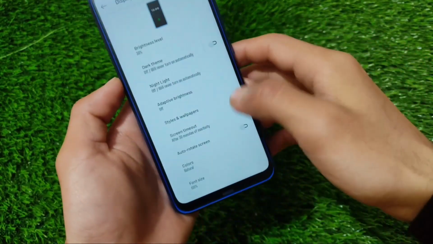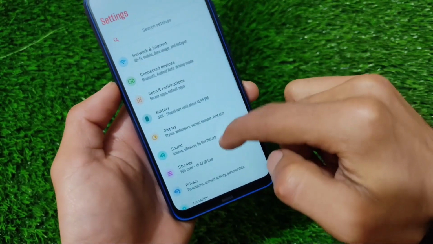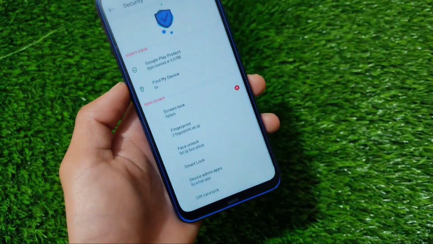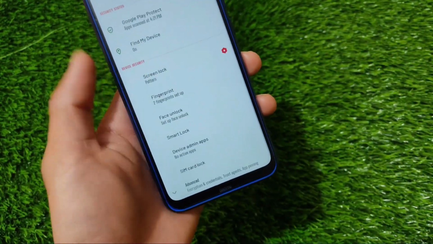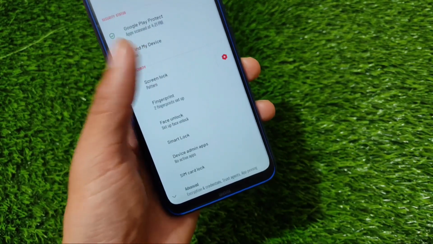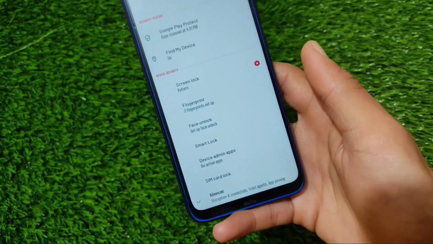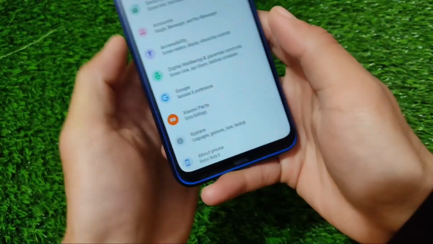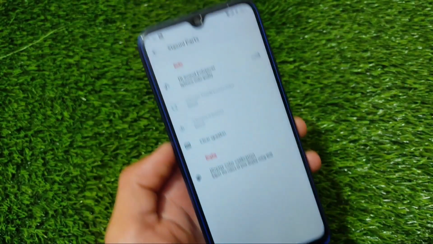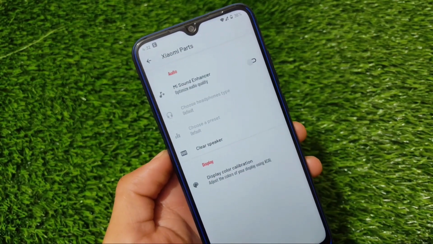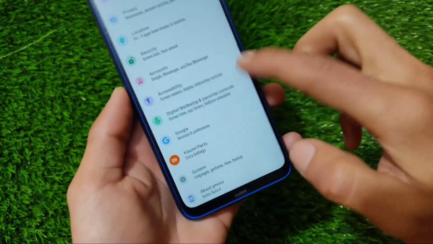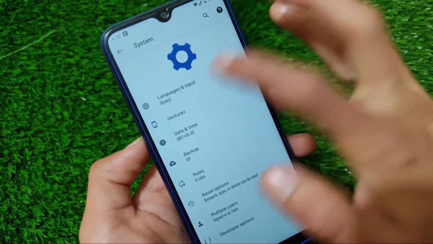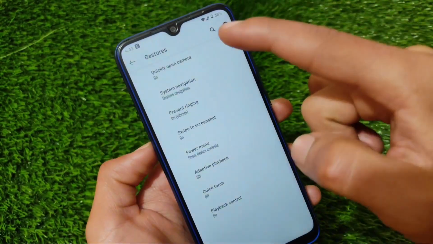So these are some cool and interesting things which you get in this latest Pixel Plus UI. Looking at other things, it's the same here. Security has face lock and fingerprint, and doesn't come with an app locker by default, but that's also not a big deal. At least face lock is working and available. Fingerprint is working and available, and fingerprint speed is good also. It comes with Xiaomi parts available, but no extra customizations, only the Mi Sound enhancer and display color calibration. The other features are available in the Redmi Note 9 Pro variant, but don't come with this latest Redmi Note 8.